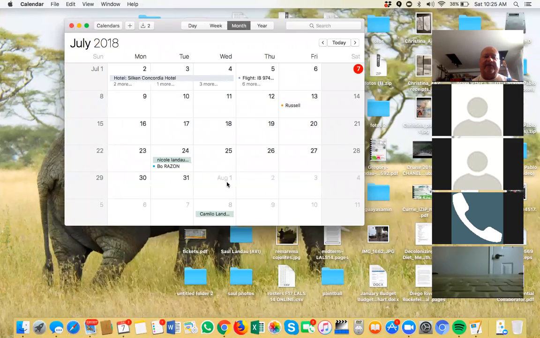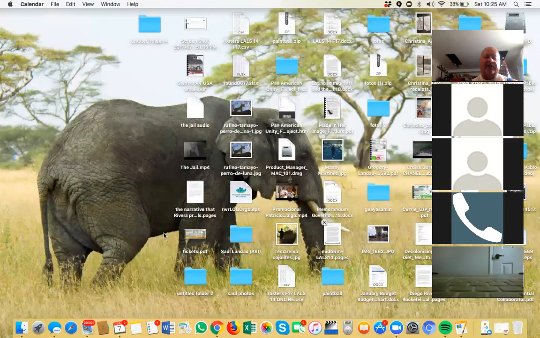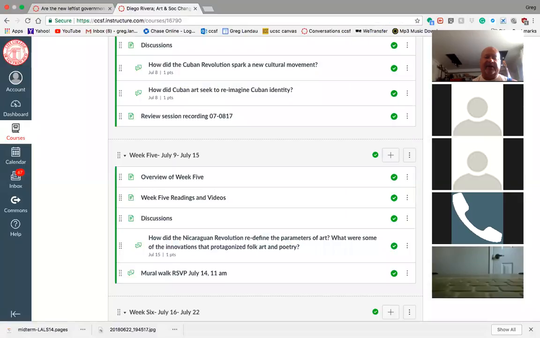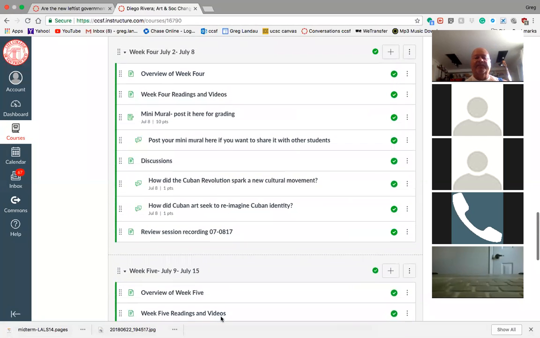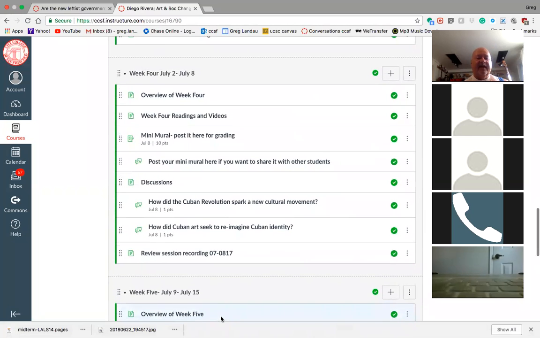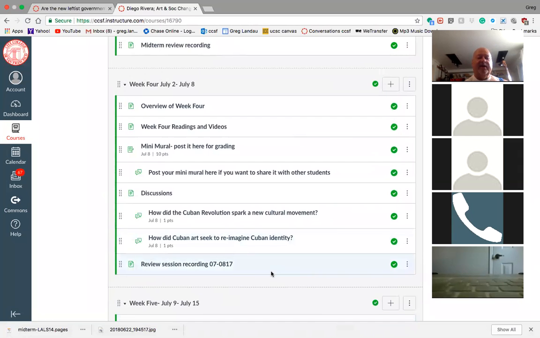And that's going to be on the 14th, which is a Saturday. And we'll just walk and look at the murals in the Mission. And we're going to meet on 24th and Harrison. And then maybe we'll go eat tacos or something and hang out for a minute and look at the murals up close. And usually on a Saturday morning, we'll run into some muralists who might be painting there, and we can talk to them.